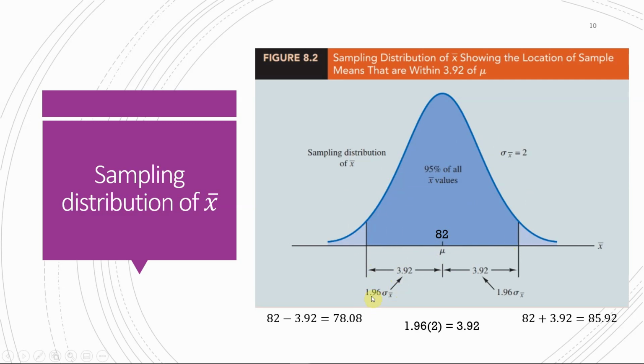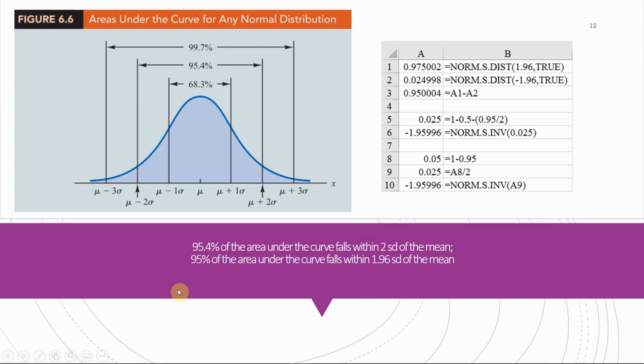Well, the exact number is 1.96, and we have seen this before. We have seen, is it this one? From chapter 6, the area under the curve for any normal distribution. Right here it's about 95, it's 95.4, which is 2 standard deviations away from the mean. We've seen this, we've calculated this, where we know the area under the curve. We can use that to calculate the number of z-scores, or the number of standard deviations data falls from a